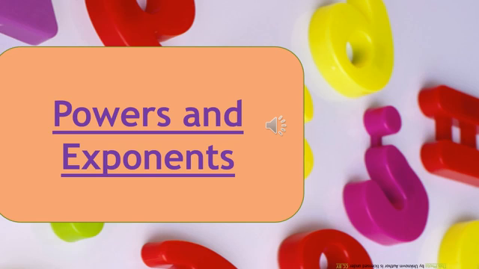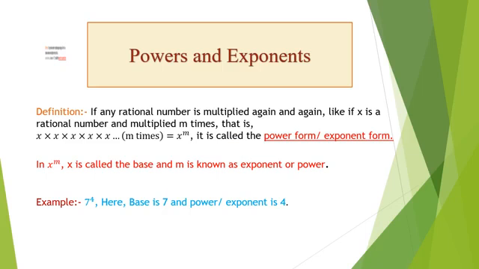Today we will summarize our chapter Powers and Exponents. So first of all, we will see what the definition is. The definition says that if any rational number or any number is multiplying again and again, it means it is multiplying repeatedly. Like if x is a rational number and it is multiplying m times,